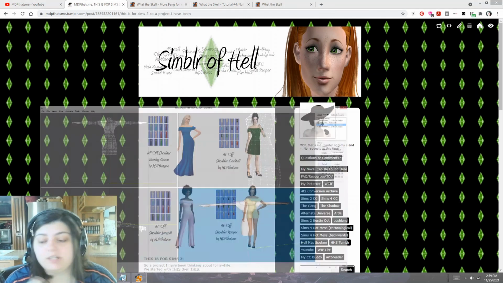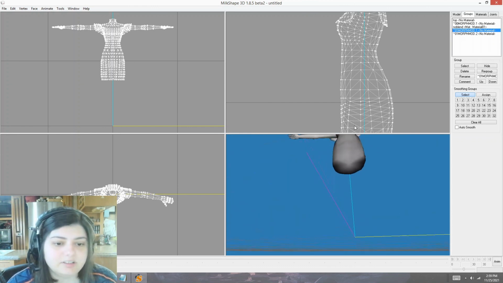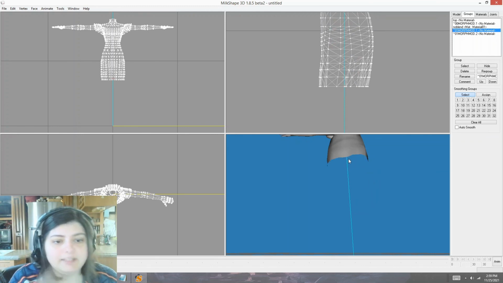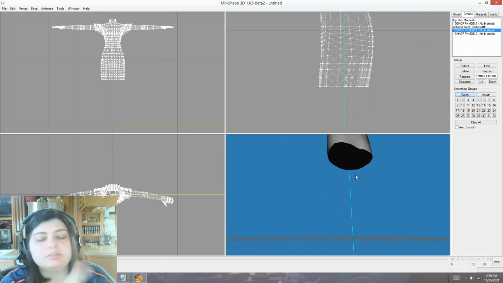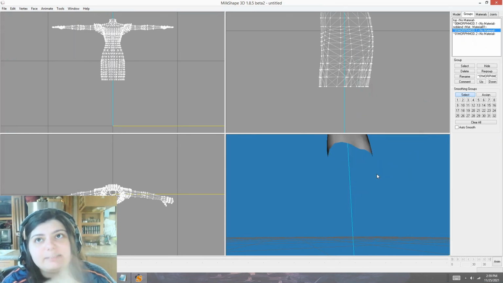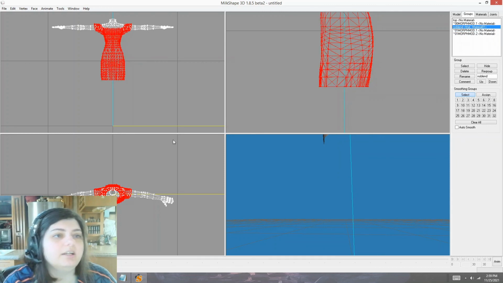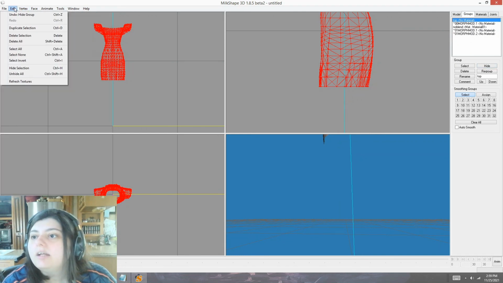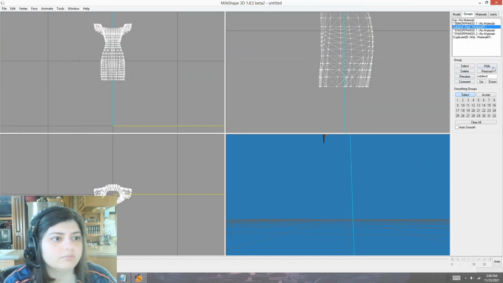Another thing that I meant to show but didn't was, for instance, this is already closed up. What if it wasn't? If anything looks like this, or if you have back faces on, back faces do not show in the game. So it's black. It looks filled, but it actually is not. It's invisible underneath there. So another thing you can do is double click on your mesh. I would also get rid of anything that you don't need. You can duplicate your mesh